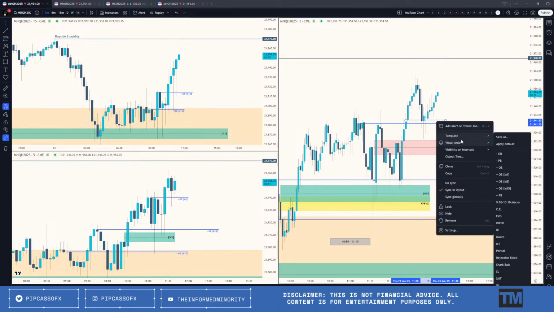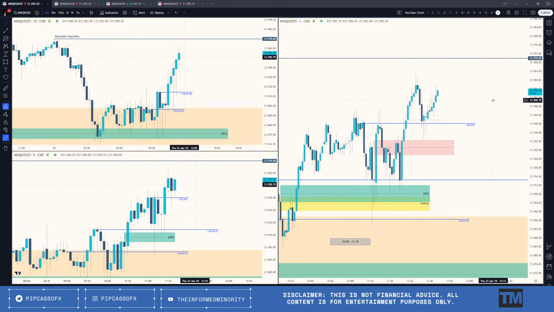Tripping? There we go. Yeah, so we'll see what we get here. We also used, interesting, this inverse fair value gap here, and then we use it here, and that also is the middle of yesterday's first presented fair value gap. Pretty much all of this, the bodies, this upper portion here, is inside of the first presented fair value gap from yesterday, and we hit that, pretty much the middle of it.